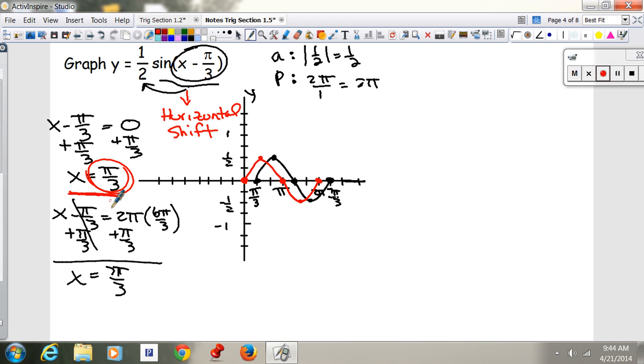Horizontal shift happens when you're adding something to the x. Now tomorrow we'll look at a vertical shift, which happens when you add something to the trig function. That's when it'll be a vertical shift. But back here it'll be called, what we call it, a horizontal shift. That was 1.5 part 1. And then we'll have